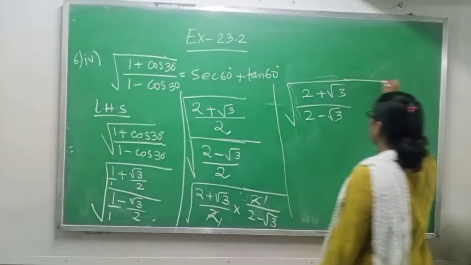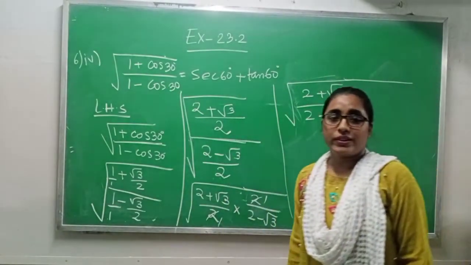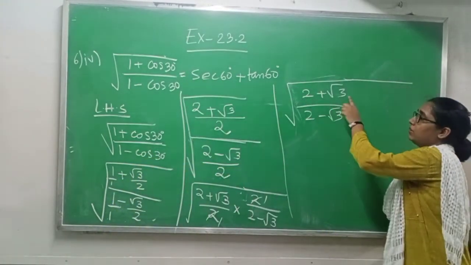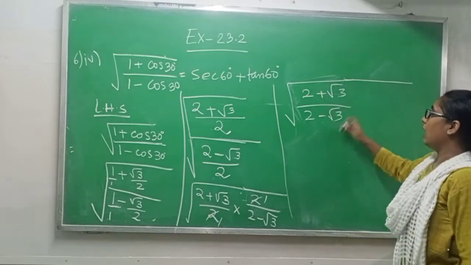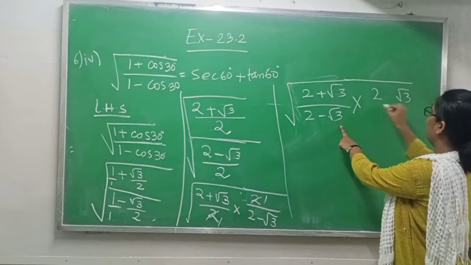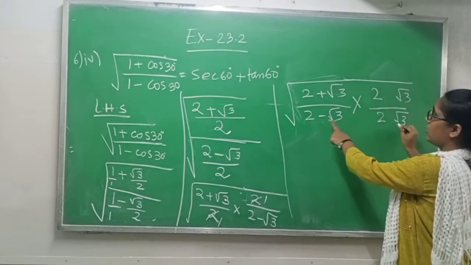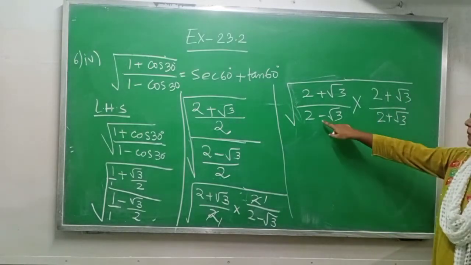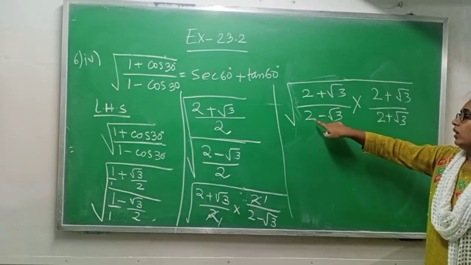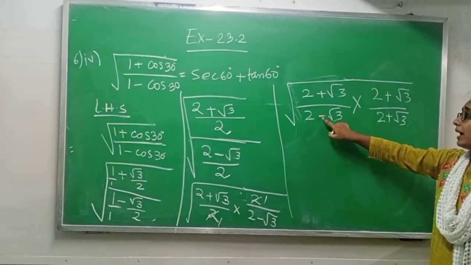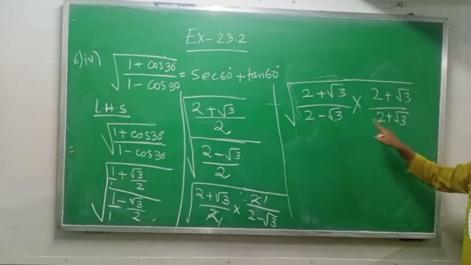Now you have to rationalize. In which chapter have you done this one? Rationalization in surds. Now in surds you have done that you have to rationalize when you have the same numbers but opposite sign. And how to rationalize this one? You have the same numbers 2 and root 3, so you will write 2 and root 3 up and down both. Okay. And since you have minus sign, you have to give the opposite sign, means plus sign. Again I am repeating: when you have to rationalize, you write the same number both up and down, but you have to change the sign. If you have minus sign, you give plus sign. If you have plus sign, you give minus sign.